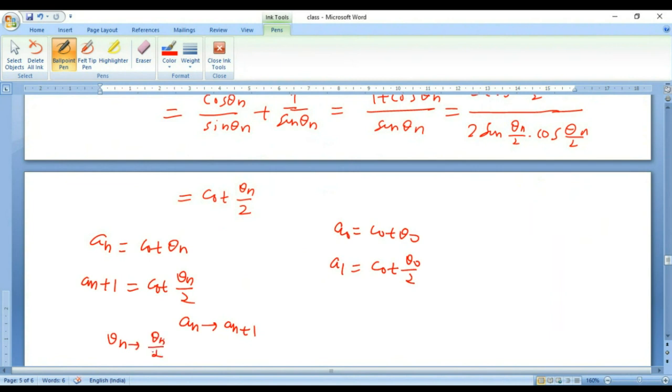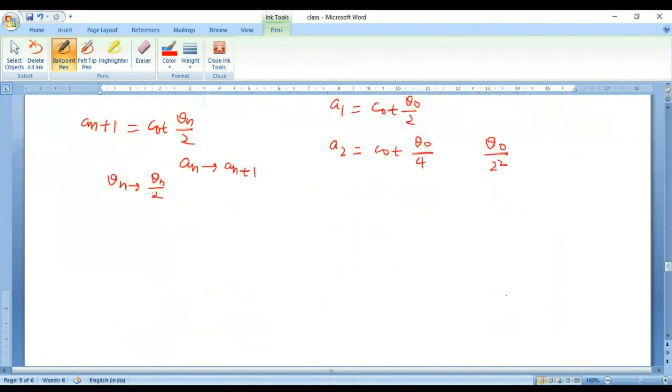So you are dividing the angle by 2. So a naught is cot theta naught. A1 equals cot of theta naught over 2. When you come to a2, it is cot of theta naught over 4, or write suggestively theta naught over 2 squared. And so one more step, a3 is cot of theta naught over 8